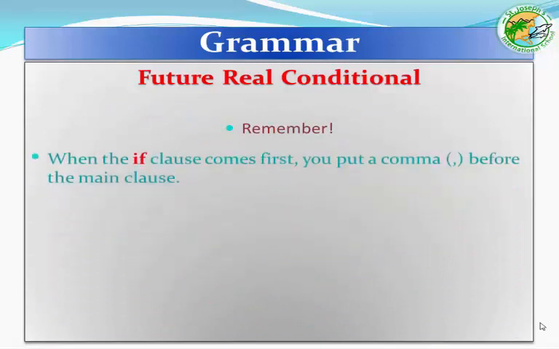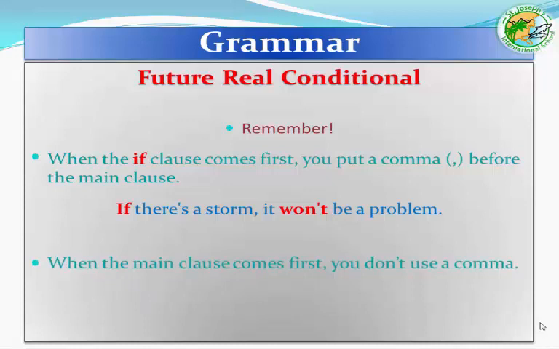Okay, remember, when the if clause comes first, you have to put a comma before the main clause. When you say if there is a storm, look here, we have a comma. Okay, comma, it comes after the if clause and before the main clause. Okay, but if the main clause comes first, you don't have to put a comma. You will not put a comma. Like it won't be a problem. Is there any comma? No. It won't be a problem if there is a storm. Okay,